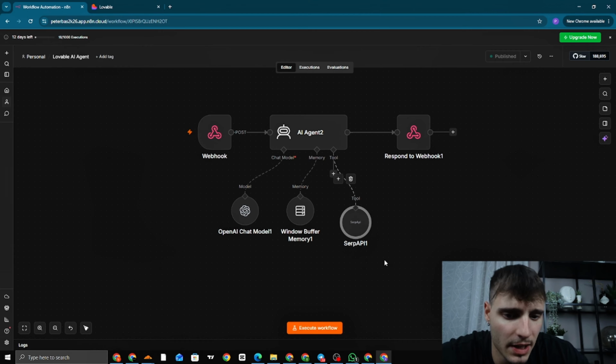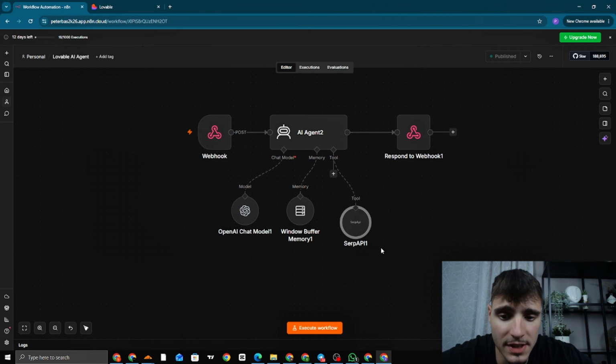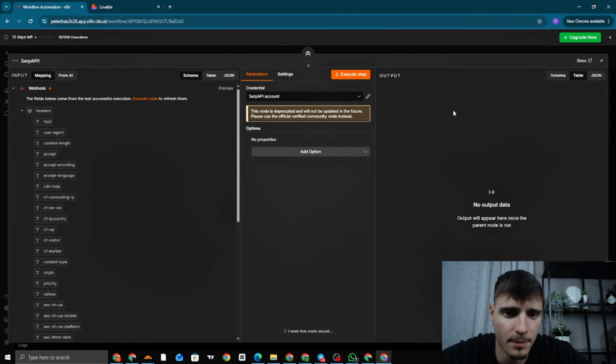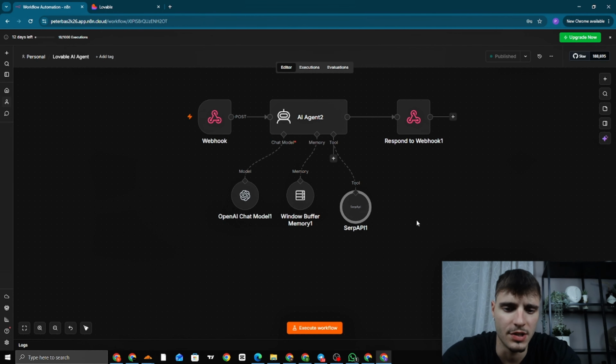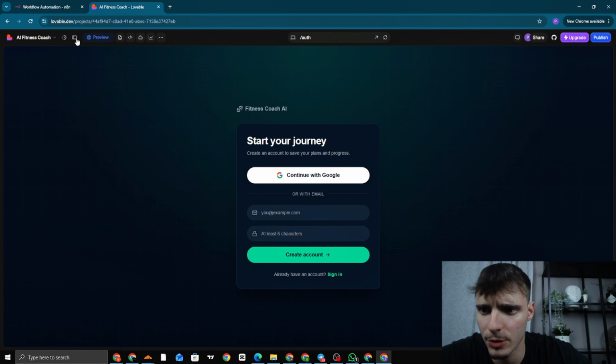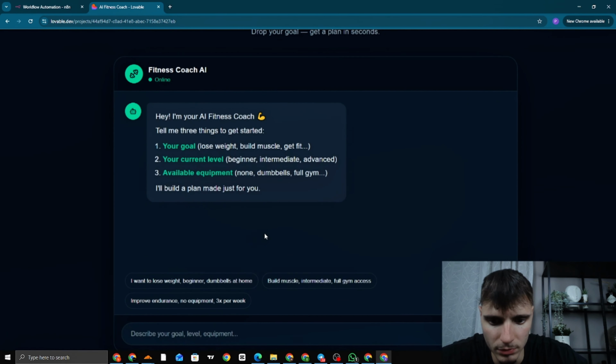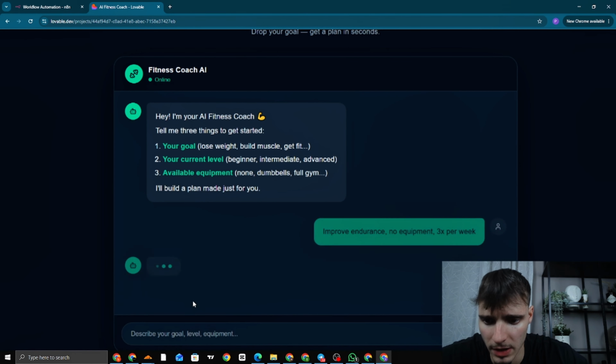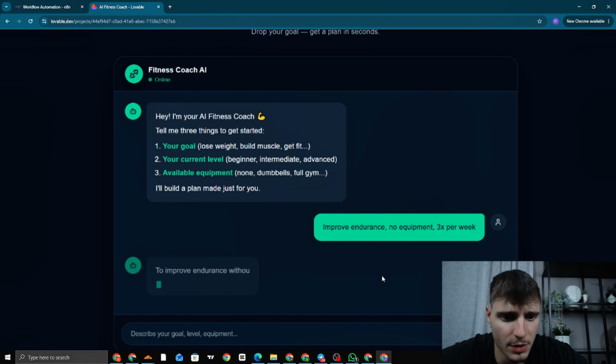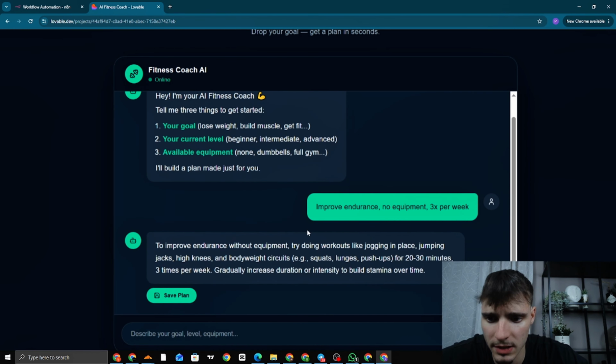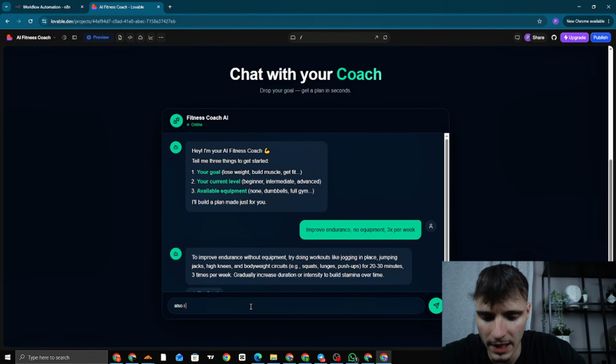And SERP API, and setting this up was honestly very easy. I connected GitHub, you copy the API and paste it here, and you're okay. It's very easy. And let's test everything one more time. We continue with Google. We want, for example, I choose this one, improve endurance on equipment 3x per week. Also, I want to